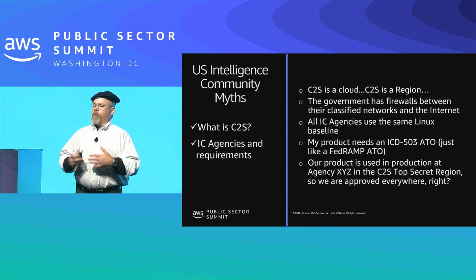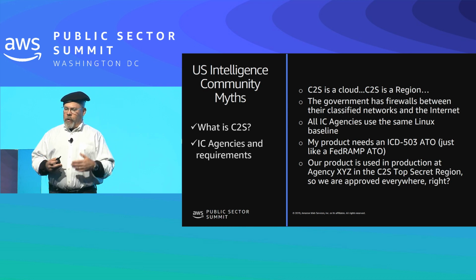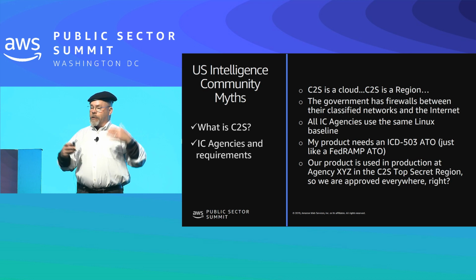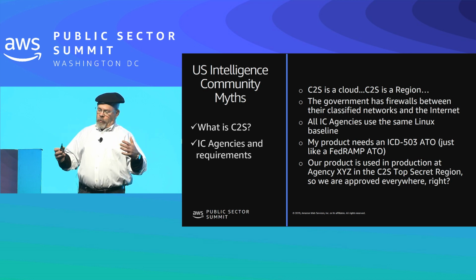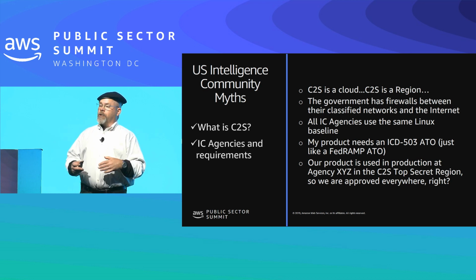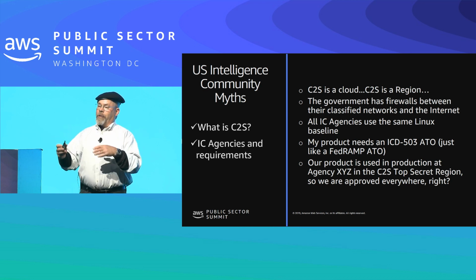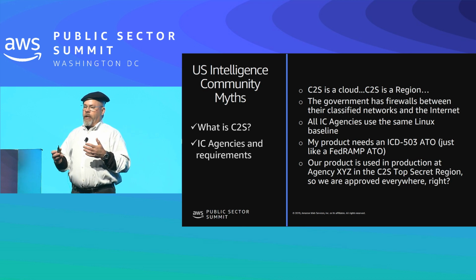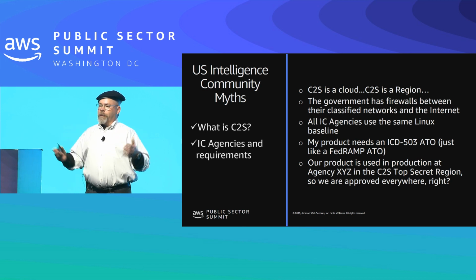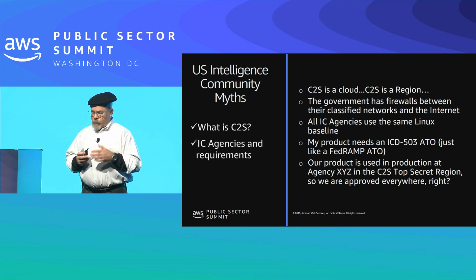It was on a top secret government fabric and accessible to those agencies under the US intelligence community that have access to that top secret network. Obviously, the rules of the intelligence community, ICD 503, is the accreditation foundation for that. We also now have a secret region that's available to those customers using the C2S contract. So C2S is not a region, it's a contract. And we're going to continue to innovate and expand our region presence within the C2S contract as well. So everybody, stand by for that.